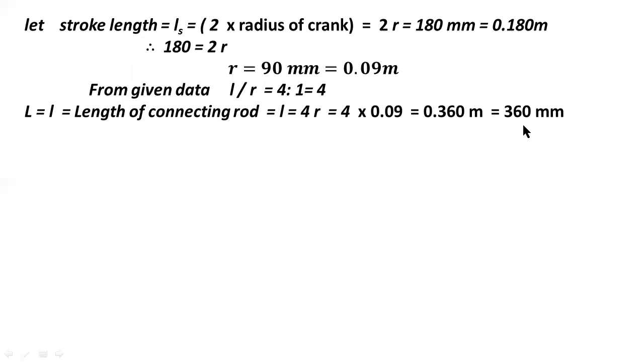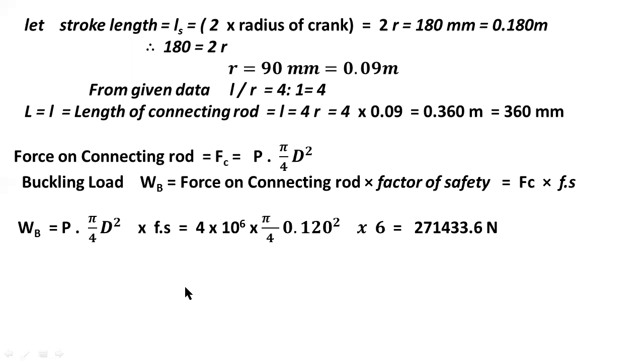Okay, so after getting the length of the connecting rod, you have to substitute the values in Rankine's formula. For Rankine's formula, first you have to know the value of buckling load. That's why the formula for force acting on the connecting rod equals maximum inside gas pressure into area, pi by 4 d square. This is the area of the piston. Pi by 4 d square is the area of the piston. Capital P value is given, and capital D we also know. So substitute the values of P and D, then you will get the value of WC.